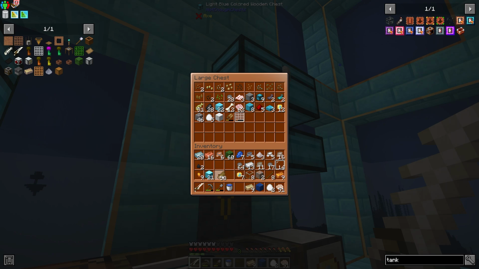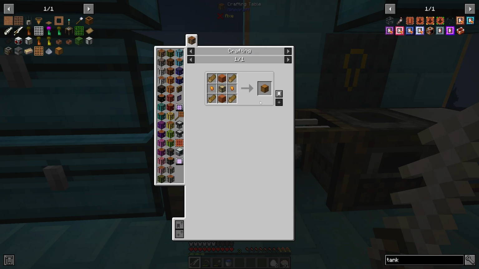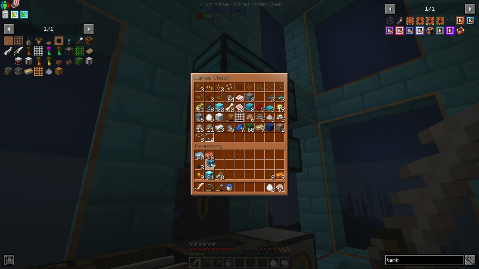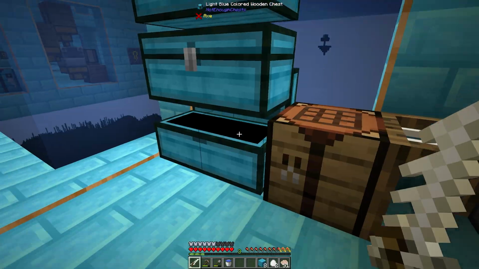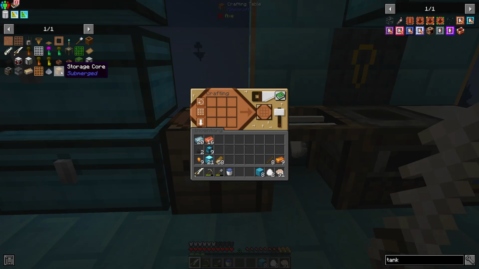So there's logs, there's that. Let's throw all these pieces in here for now. And save the sticks, throw the glass in there. Alright. So if we go to the storage core, we are missing a chest. I thought I made some of those. There's 9 chests. There's some planks. Trying to avoid recrafting anything I don't need to right now. There we go, we got a storage core,